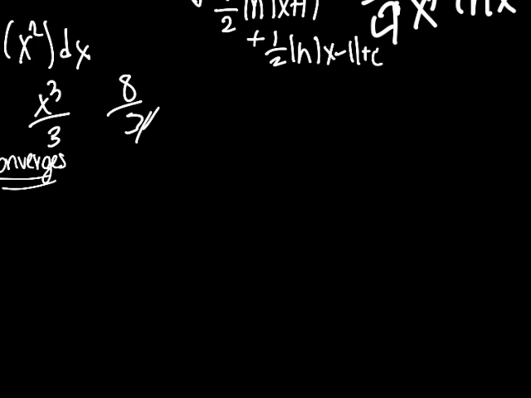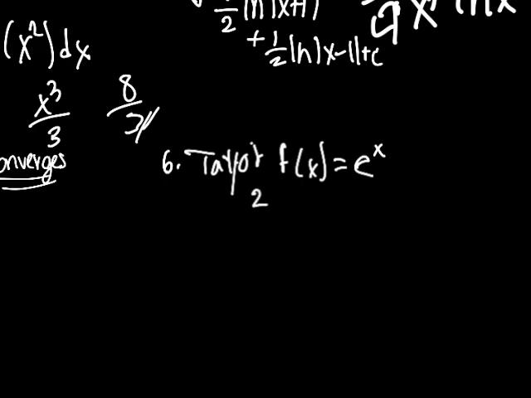Okay. For number 6, it's asking us to do the Taylor series to the third degree polynomial of f of x equal to e^x at a center of point 2. So right now that's irrelevant. Right now what we have to do is actually do the Taylor series of this. So we know that e^x with the Taylor series is this equivalency of saying 1 plus x